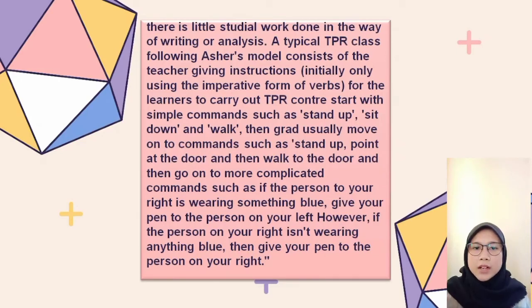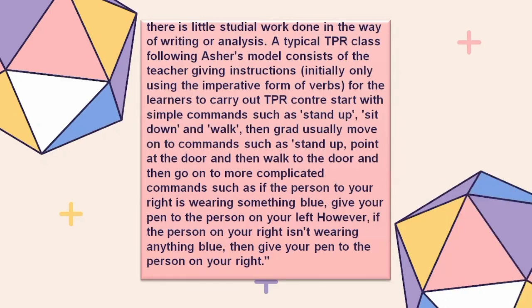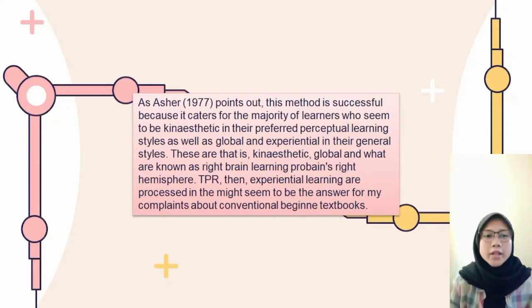A typical TPR class following this model consists of the teacher giving instructions, initially only using the imperative form of verbs, for the learners to carry out. TPR could start with simple commands such as stand up, sit down, and walk, then gradually move on to more complex commands. According to Asher 1977,